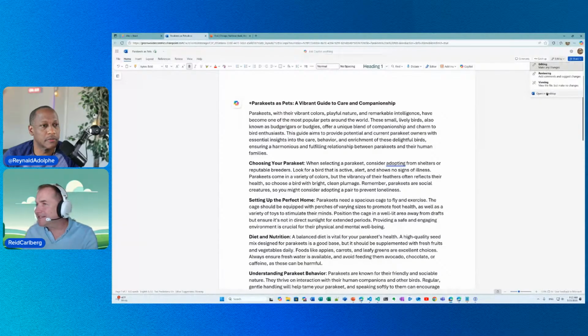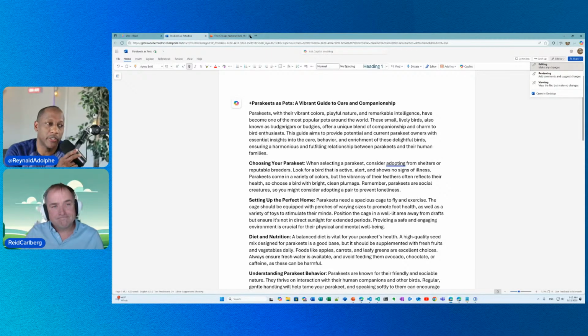If I had my system set up so that it automatically opened in desktop, it would respect that. It would see that URL, know that it needed to open in desktop, and just open right away. So it's that one-click collaboration experience that really does make a big difference. Right now we're already using SharePoint Embed, and that made it able to have that one click. If we weren't using SharePoint Embed, what